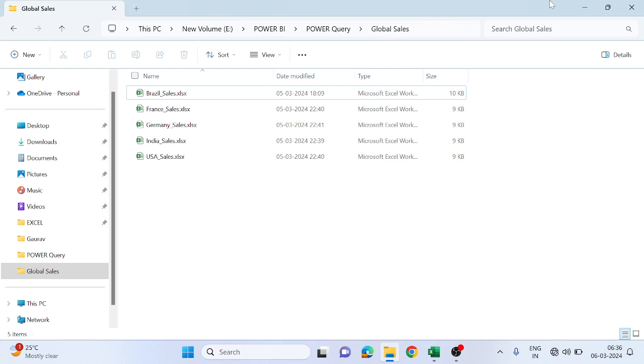In this session, we will look into how we read the data from folders into Power BI. When I talk about a folder, it is a collection of files, which will have multiple files, and we can read all the files as one data source into your Power BI. So for this example, I have just taken a global sales data